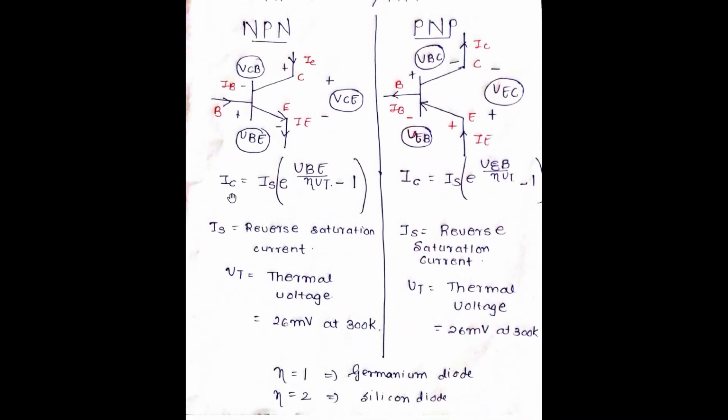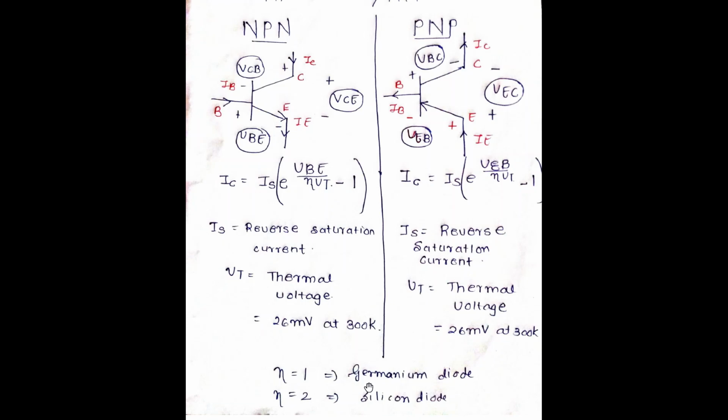Then we have the collector current equations. The collector current in an NPN transistor is given as IC equals Is into e raised to VBE upon eta Vt minus 1. And in case of PNP transistor, IC is equal to Is e raised to VEB upon eta Vt minus 1. Now Is is the saturation current, Vt is the thermal voltage, and the only difference is that in case of NPN it is VBE, indicating the base is at higher voltage than your emitter voltage, and in case of PNP it is VEB, wherein your emitter is at higher voltage than your base,